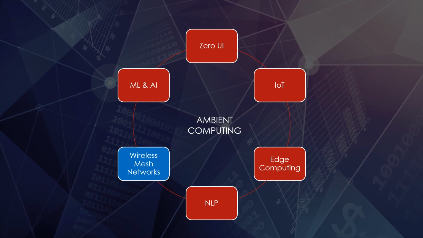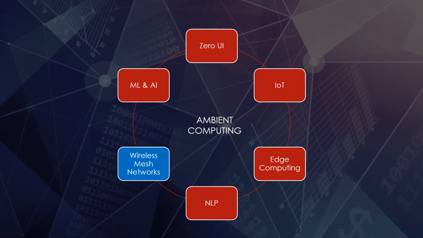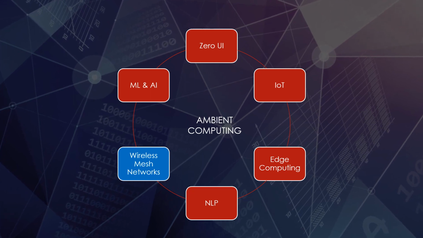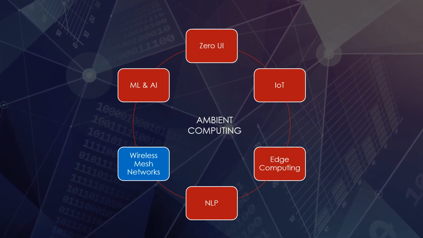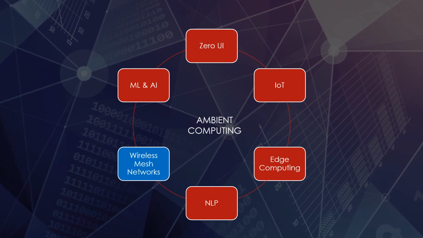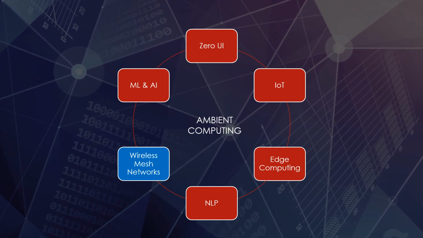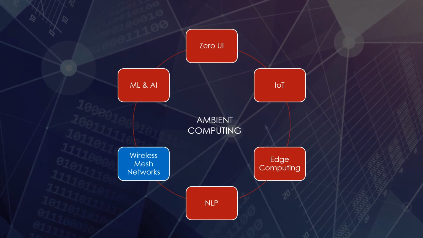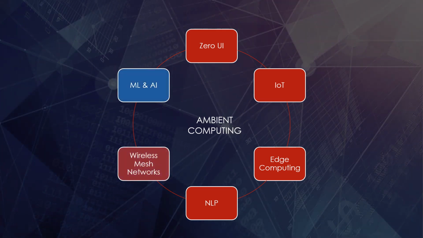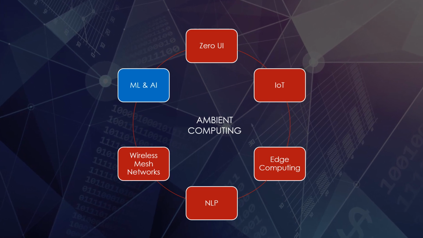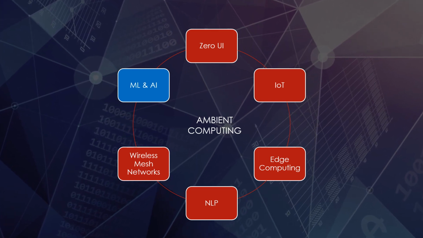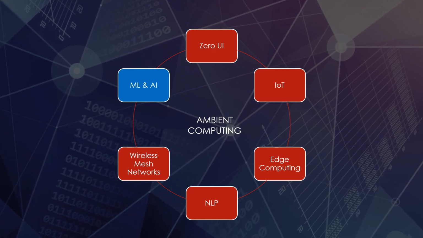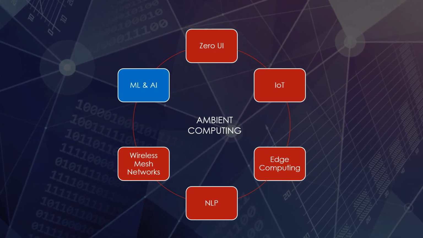Wireless mesh networks. Ambient computing means we will be spiders in our invisible web of interconnected devices working behind the scenes. The mesh networks ensure that all the devices, sensors, and users are getting continuous internet access. With machine learning and artificial intelligence, smart devices can learn from user behavior, preferences, selections, and much more.